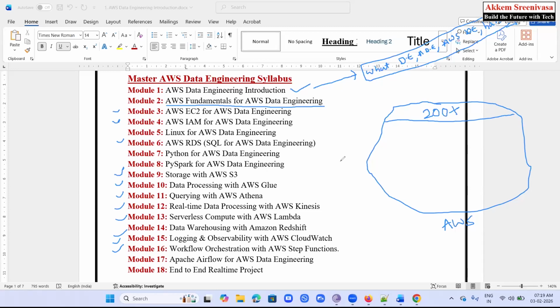So next, we are going to understand what is AWS cloud. As part of fundamentals, we are going to understand what is AWS cloud, how to create an account in AWS cloud, what is free tier, and how to utilize free tier for our AWS data engineering practice purpose. And next one,